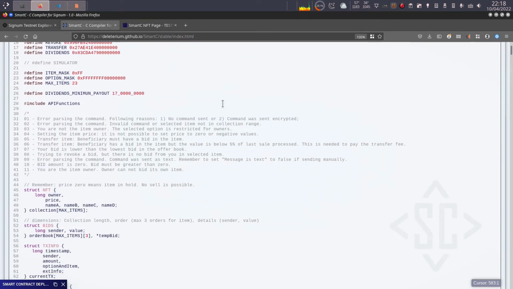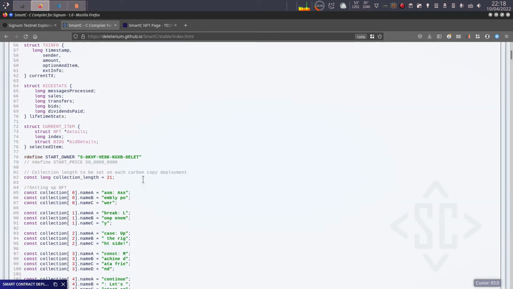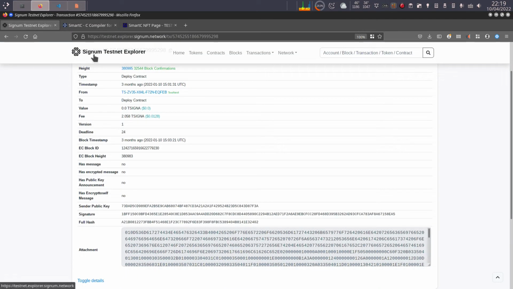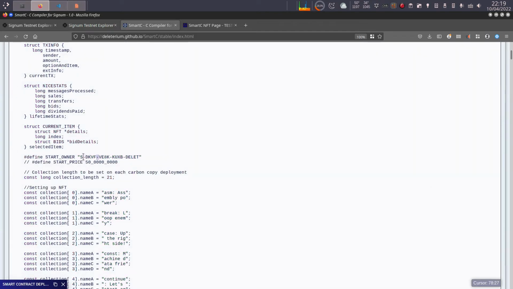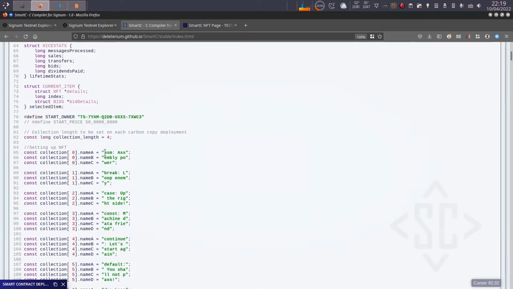On SmartC, all values that are defined as const are set up upon deployment. So these values here we can change, and we will keep the same machine code. So for example, I can define a new owner for the contract. Let's get an ID for a new deployment. And let's say that this collection that we will deploy as a carbon copy will have only 4 items. We can just rename the items like item 1,